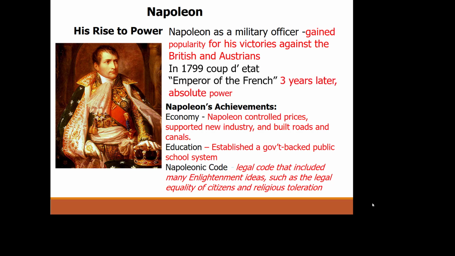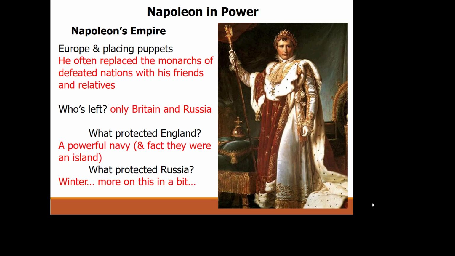So his kind of absolute power as emperor is going to freak a lot of people out, but at the same time, he does bring about some good change. So he's one of those interesting characters in history that we love to hate, but we have to acknowledge the fact that he did do some good things too. So once he's an emperor and he gets himself voted emperor for life at the age of 35, he would